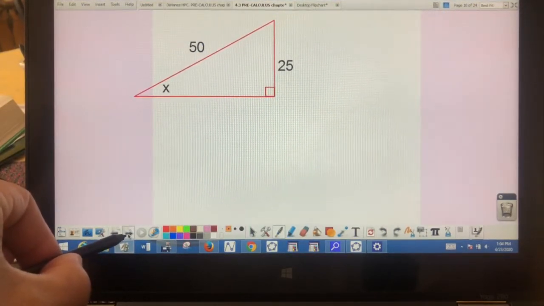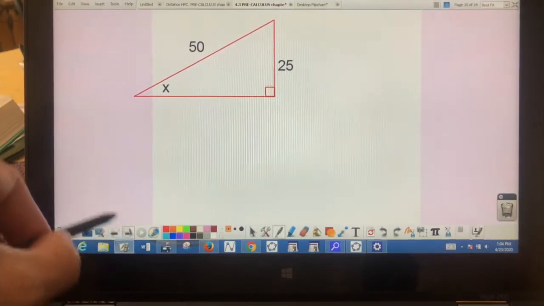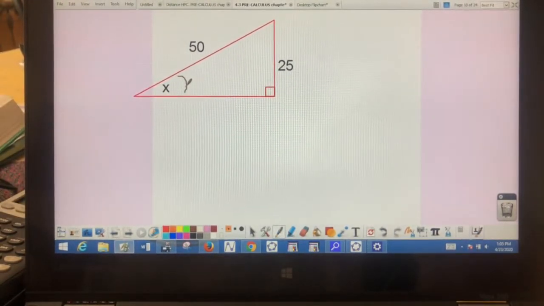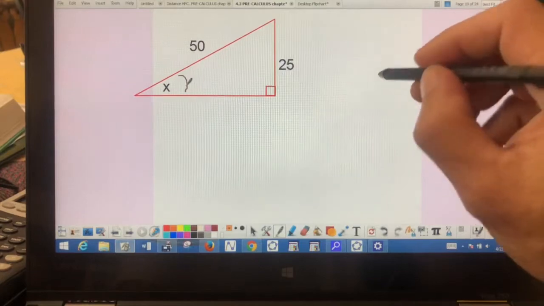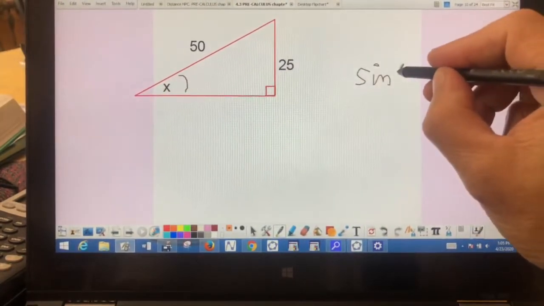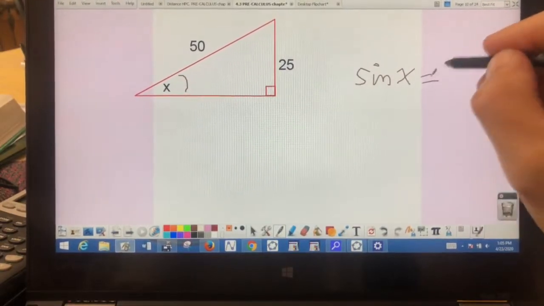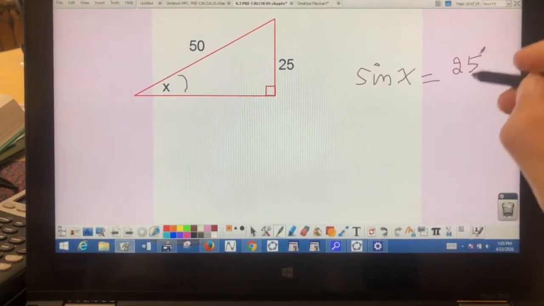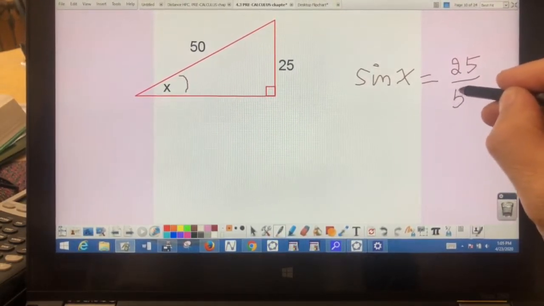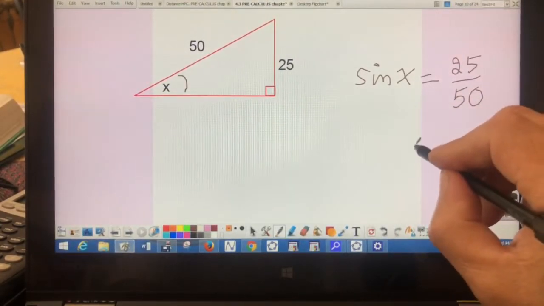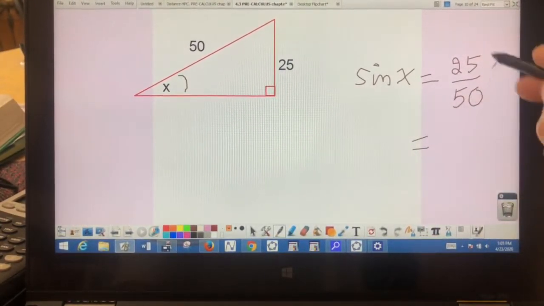This is, I don't think that's Pythagorean theorem, right? I think you can get away with solving for this x right here by setting up the ratio for sine. So sine of angle x would be opposite over hypotenuse, which is 25 over 50. I think I set this problem up perfectly for the unit circle, because if you reduce that fraction there,